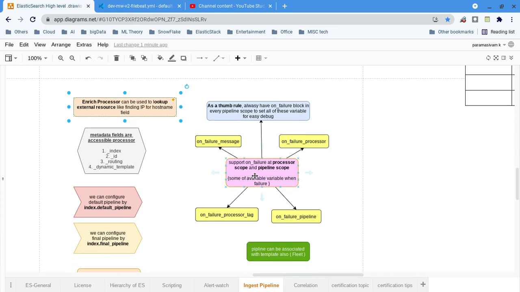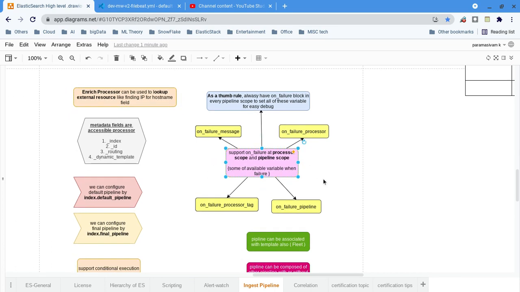Now there is support for on failure. Now I will tell you, on failure is a block, it is not a processor. That has to be highlighted, I can even underline it: on failure is a block. It can be either processor scope, a particular processor, or pipeline scope, available for the entire pipeline.